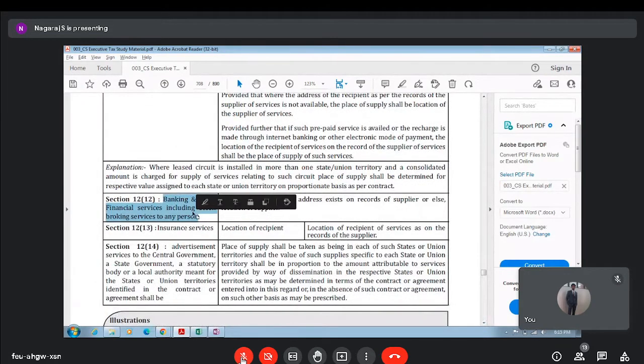Banking and other financial services including stock broking services. Banking